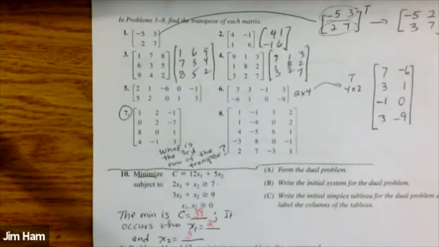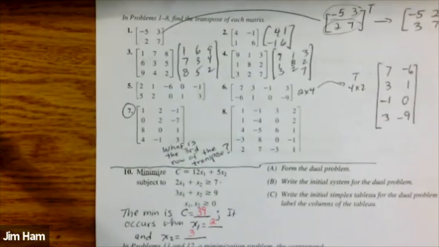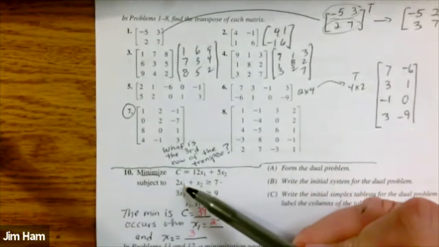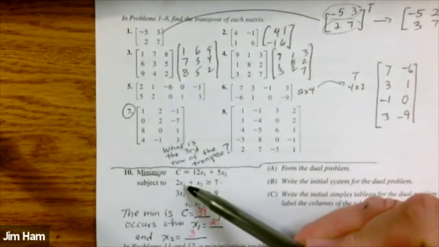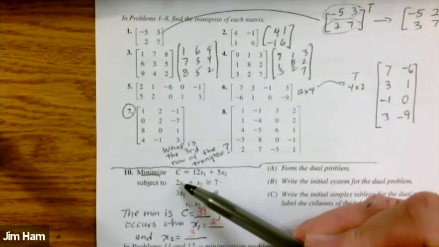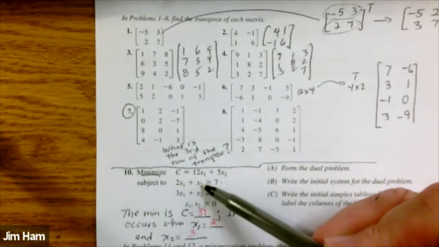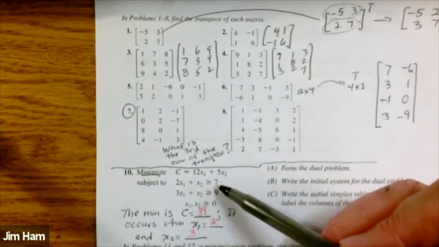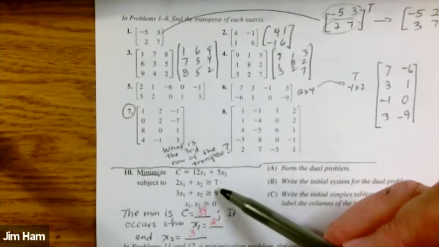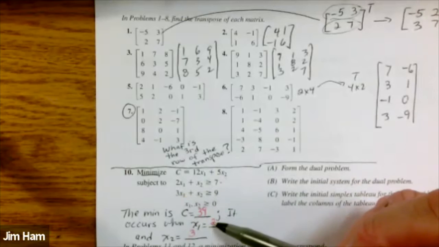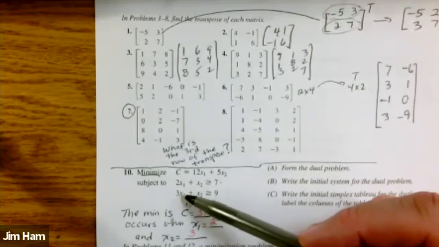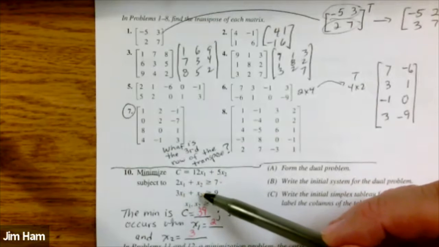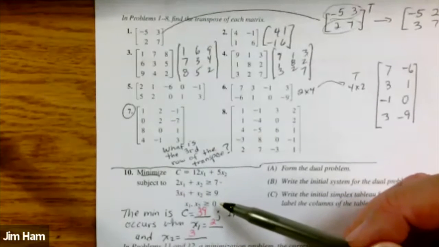By the way, you might want to just take a peek at your constraints and at your objective function to make sure everything works out. For example, if I put 2 in there for x1 and 3 for x2, 2 times x1 is 2 times 2, that's 4, plus 3, hits 7 perfectly. So it's greater than or equal to 7 is true. Here, if you take these two values for x1 and x2 and plug them in, 3 times 2 is 6, plus 3 is 9. 9 is greater than or equal to 9. The second inequality is